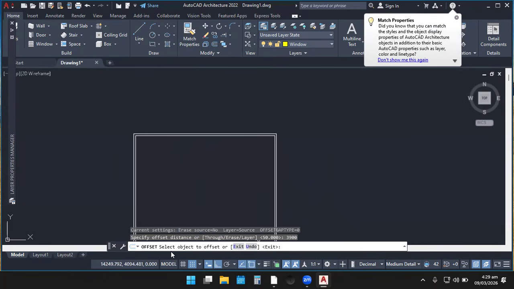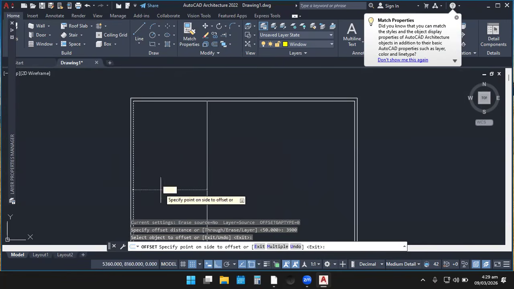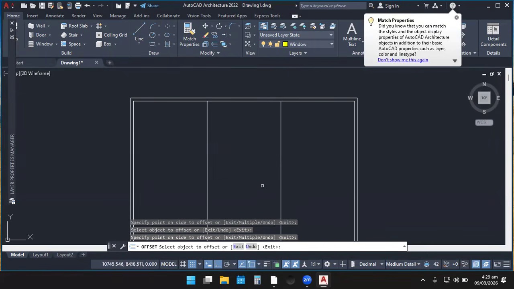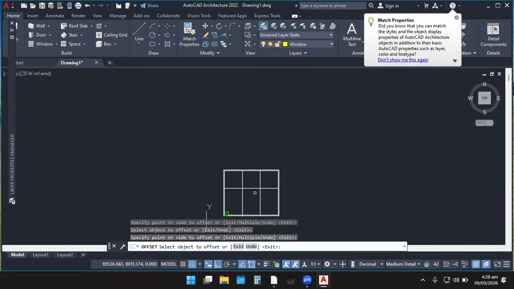Now they say we should select object to offset. So I can select this, offset inside. I can also select this, offset inside. That is the dimension I want us to use for our window. I can select this and offset this way. I can also select this line and offset it inward this way.